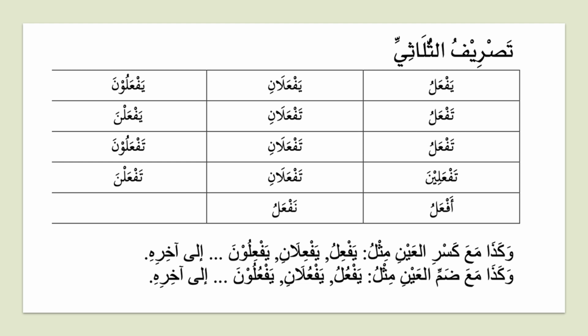Let's try to put some verbs on these scales. I'll give you one. You want to try? Conjugate a verb. I'll give you يفتح, to open. يفتح, then? يفتحان. See how he's using the scales. All you're doing is replacing each letter with the letters that you're using. So for example, فتح, يفتح, the fa will replace the ain, and so on. يفتح, يفتحان, يفتحون,